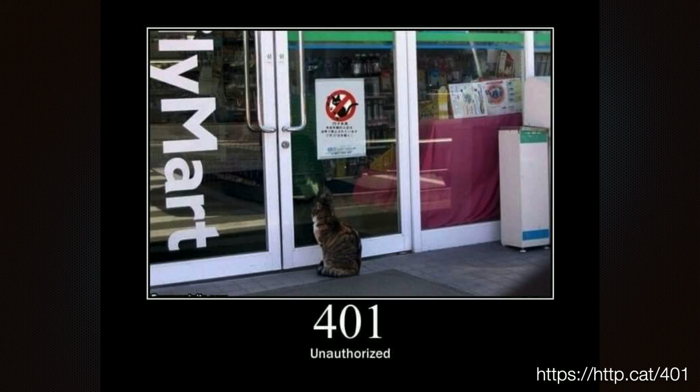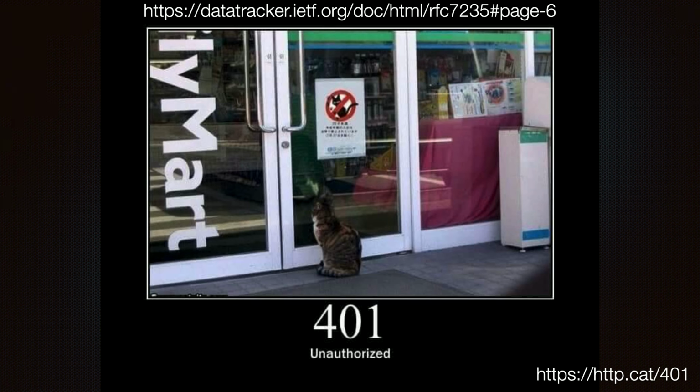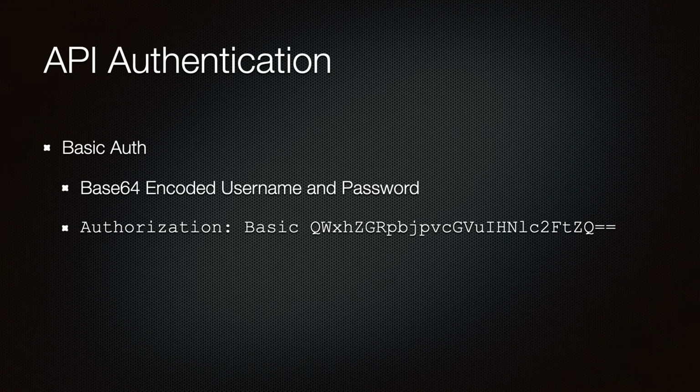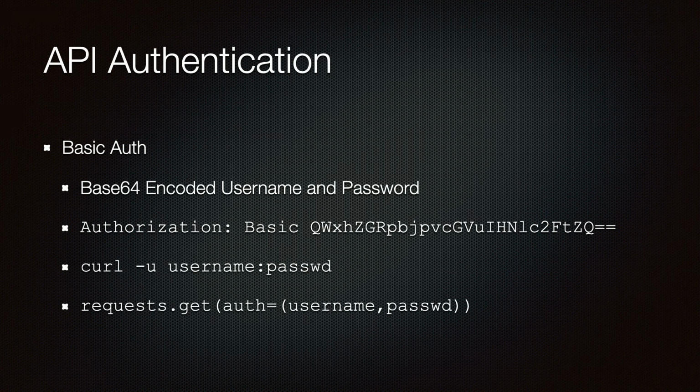Now this one is actually a documented part of API interactions. The web server is configured to only allow access to certain entities, and it doesn't trust you yet. There's information in the headers that let you know what kinds of proof the server will accept. It's looking for authentication. API authentication can take several forms. Basic auth can be just a username and password. The actual header looks like this. Curl gives a shortcut, and so does Python requests.